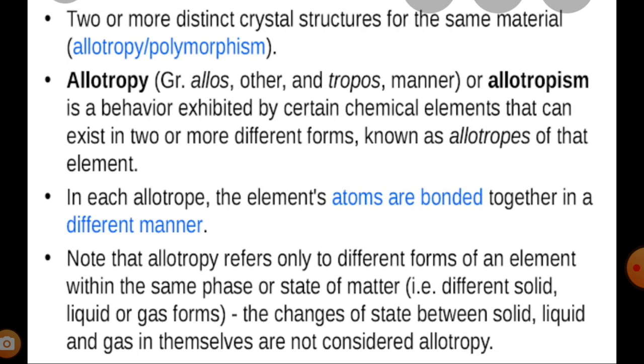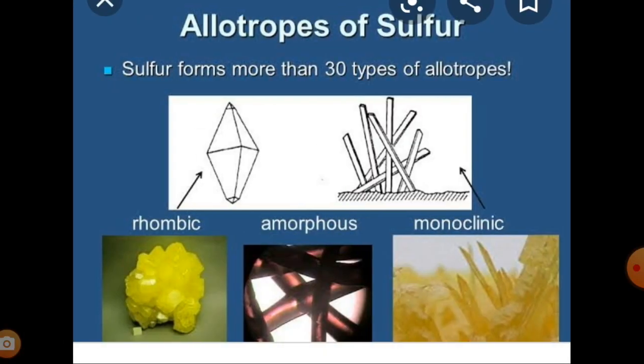Oxygen has two allotropes, oxygen and ozone. Sulfur exists in a number of allotropic forms, rhombic and monoclinic sulfur. Students, sulfur forms more than 30 types of allotropes, and rhombic and monoclinic sulfur are the important allotropes of sulfur, and both are non-metallic. Selenium exists in two allotropic forms, red and grey. Tellurium exists in two allotropic forms, crystalline and amorphous. Similarly, polonium reveals two allotropic forms, alpha and beta.